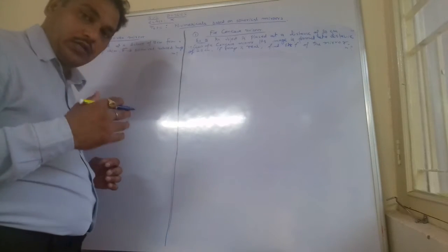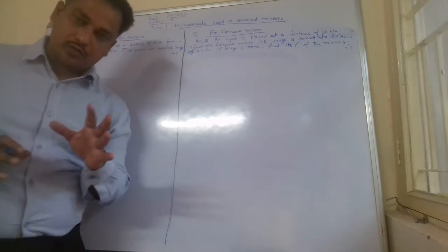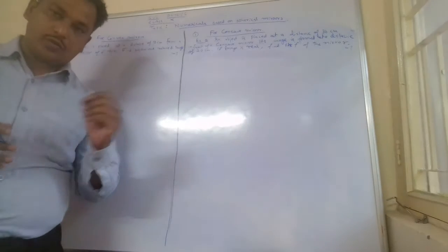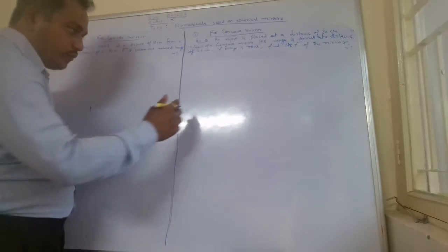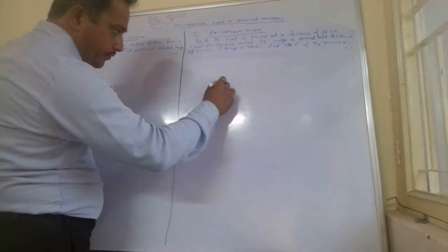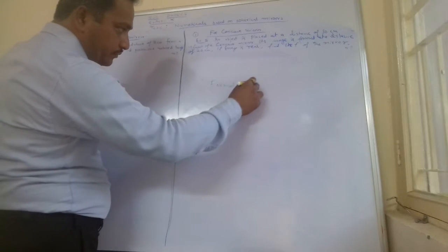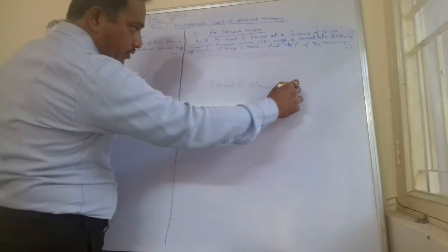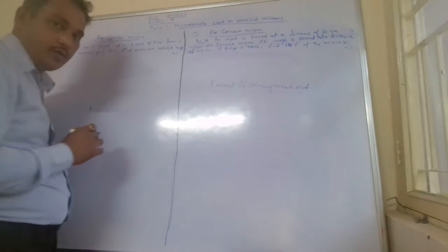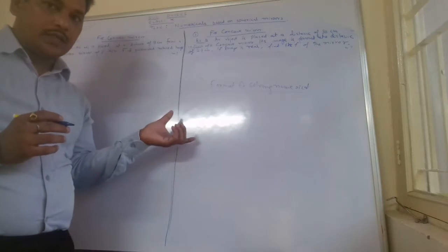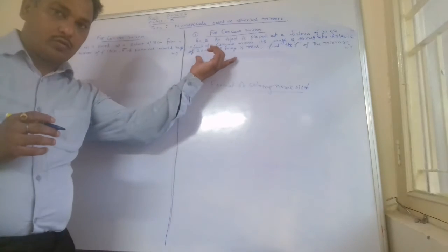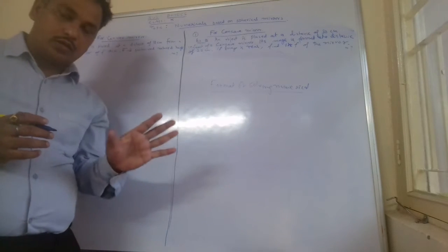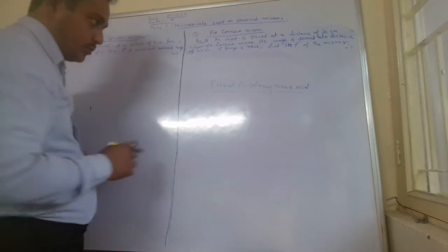Before that, let me tell you the format in which you will solve any numerical. When you read the question, what are the steps you have to take care of so that you can solve the numerical correctly? So first, you write the format of solving a numerical. We will see the format, then we will apply it to solve a numerical based on the concave mirror and one for the convex mirror, so that you can apply it to other questions also.